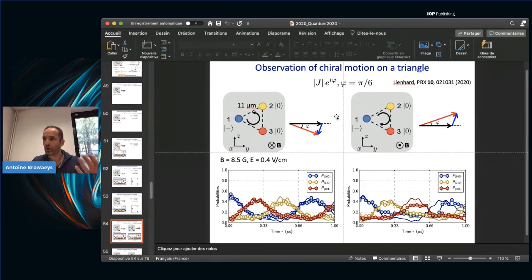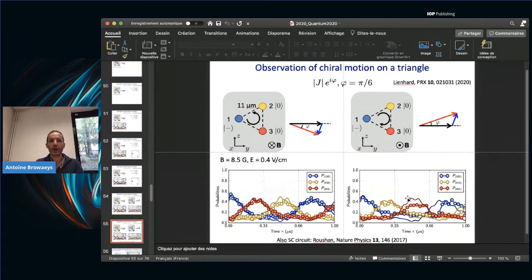So we have broken the time reversal symmetry. Indeed, what we see now is that instead of going from 1 to 3 to 2, reversing the magnetic field leads to an excitation hopping from 1 to 2 to 3, as is seen here, 1, 2, and 3. So that's the consequence of the spin-orbit coupling, and shows that we can implement that with the Redbird structure.